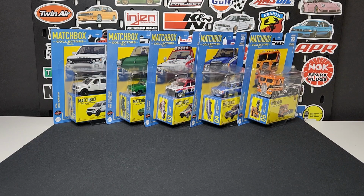Level M Diecast bringing you, finally, 2023 Mix 1 of Matchbox collectors. It's been very, very difficult to acquire these. It's been a very, very slow rollout of the collector line, but we do have them now today. Full set of 5 to take a look at. They are in number order 1 through 5, which is a pretty nice release for the first mix of the